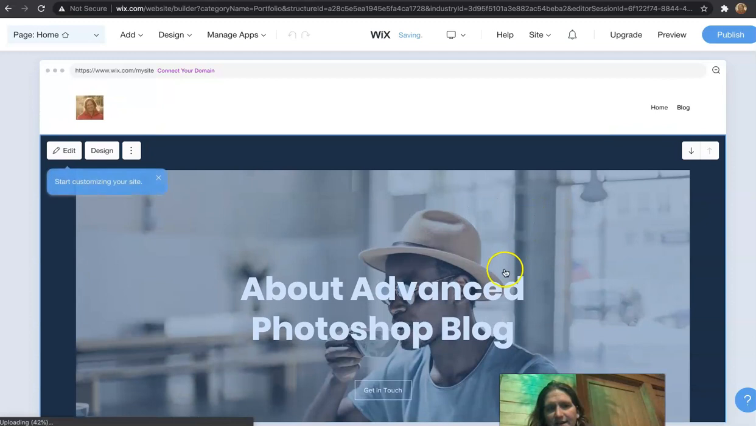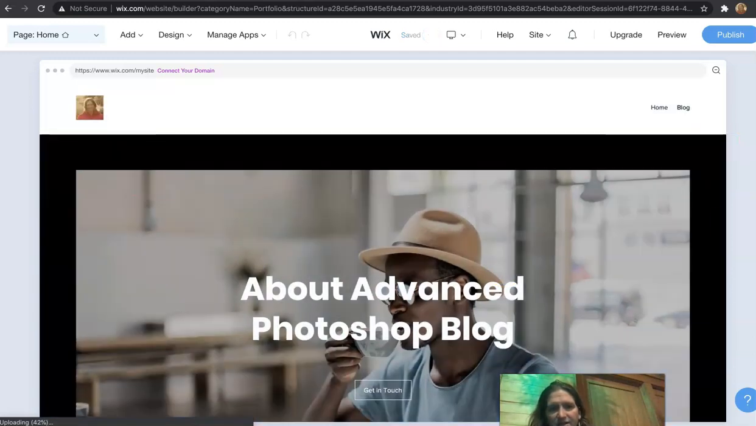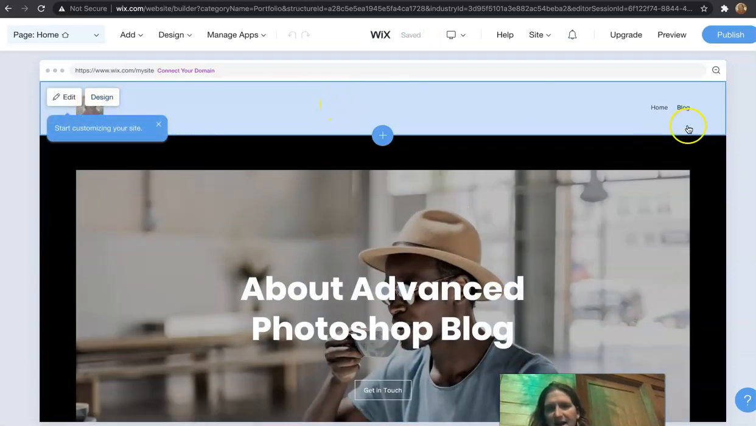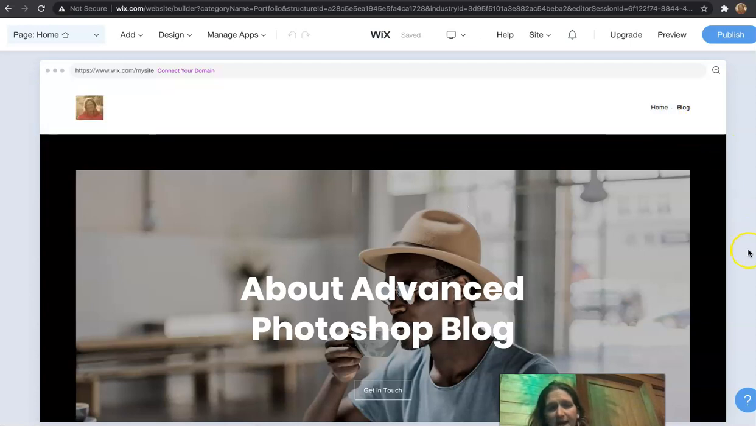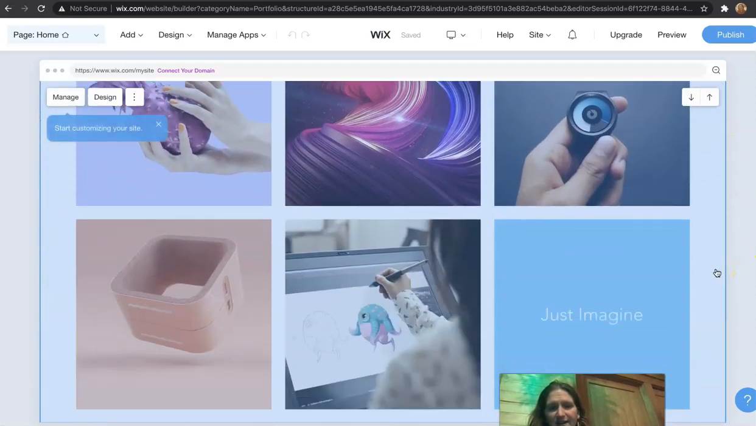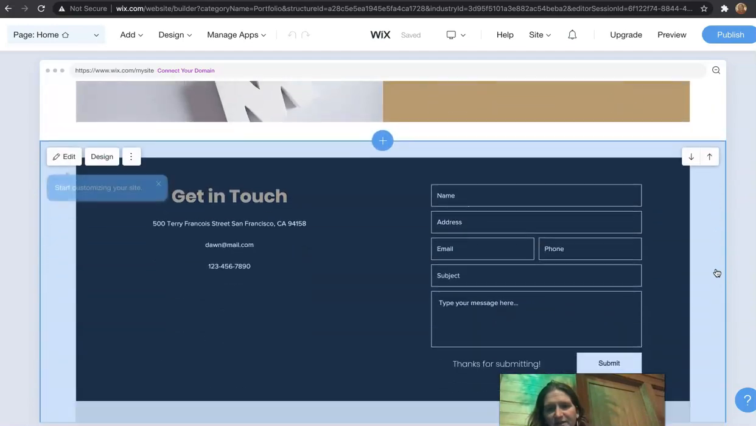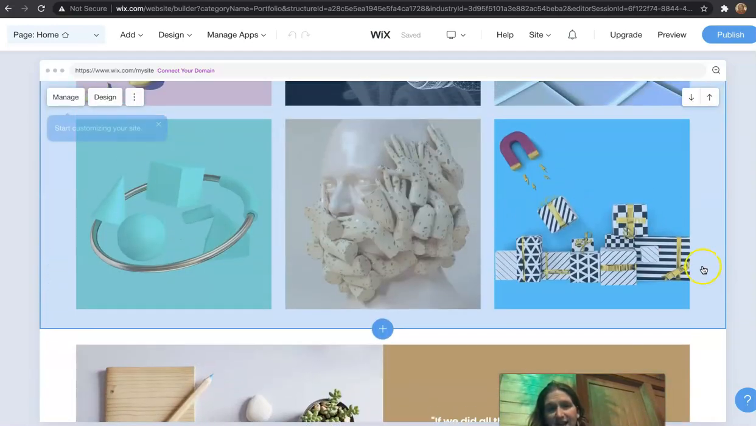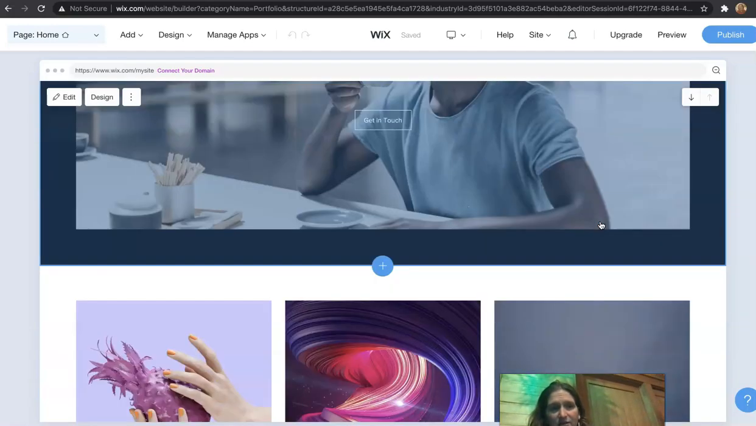And so now here is my page. It has my little logo up at the top. I've got a home page and a blog page. You can see down here, they put a whole bunch of pictures and different things. I can go in and delete any of these. So if I don't want